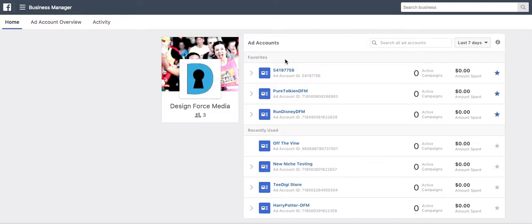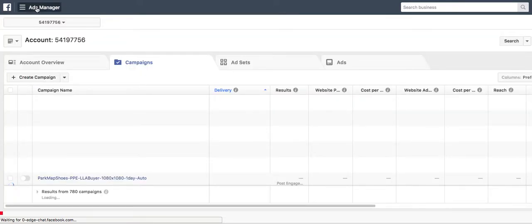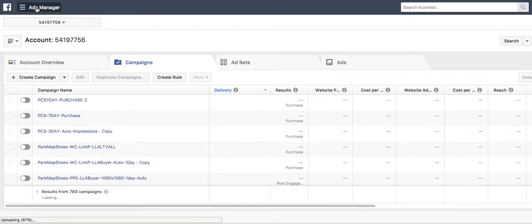Once you have that, you have to get an ad account, okay? Which usually they just provide. It's very, very easy to figure out. Just go through there and do that. But I'm just going to grab one of the ad accounts. I manage a lot of ad accounts for different people and myself, so I'm just going to grab this one here. Once you click on this, you'll have a lot of options. But if you don't click on it, you won't have all the options. You've got to be inside Ad Manager. So once you click inside Ad Manager,